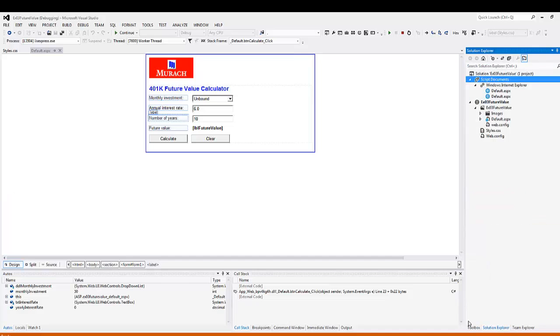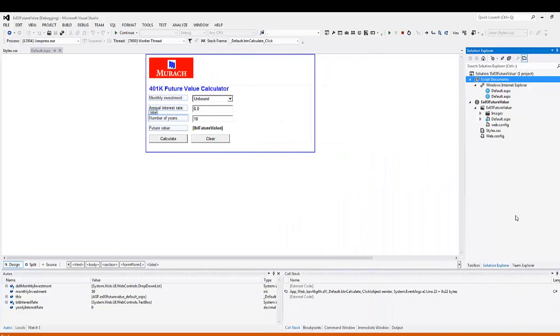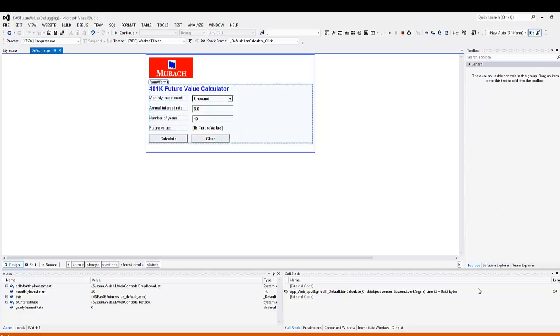There we go. No, that didn't work at all. Okay, and then let me take the whole thing and put it there. That should be good for now. Okay, so I got the toolbox now, and in the toolbox in Design View,